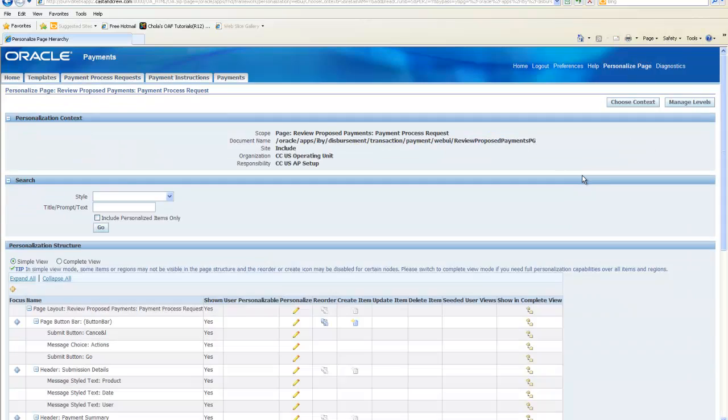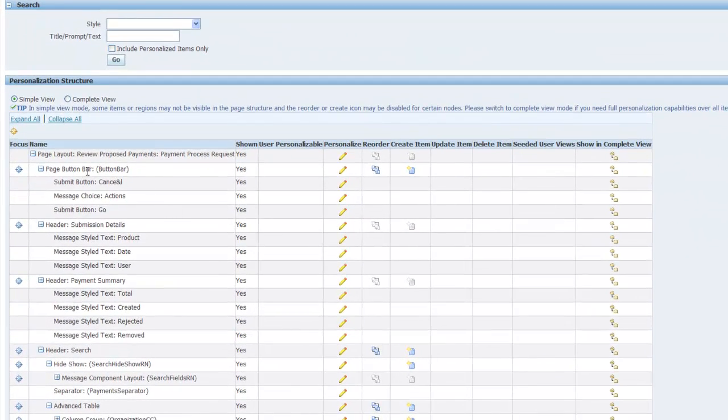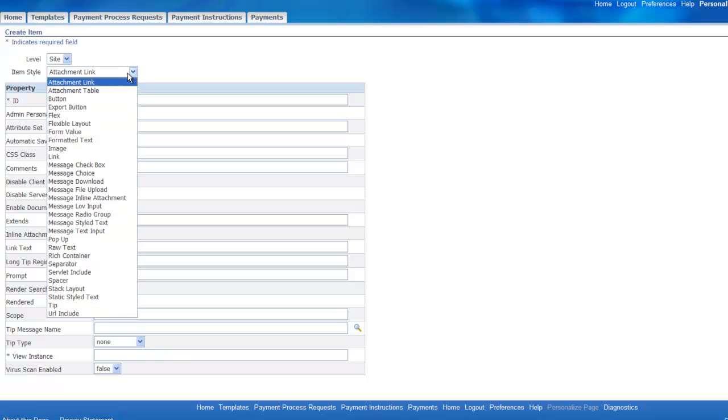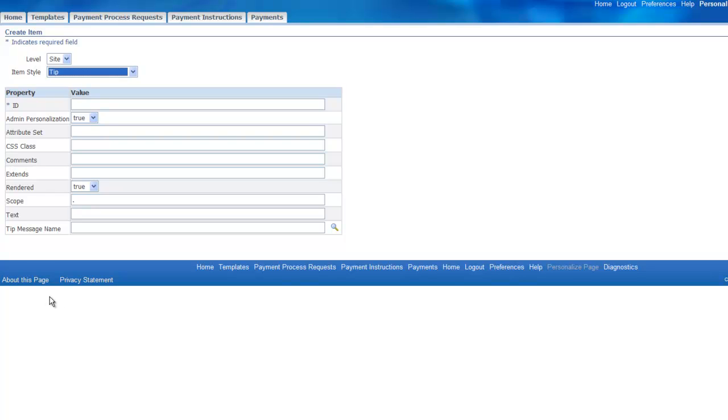So personalize page, and we are trying to add it on the top, the page button bar. So we're trying to add something at the top of the page. So we're going to create an item, and let's see what types make sense. Oh, there we have tip. So the type or the item style